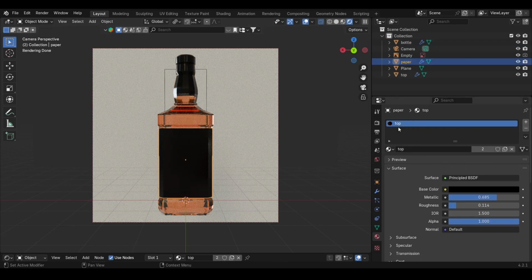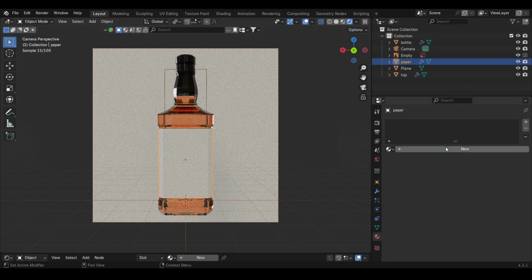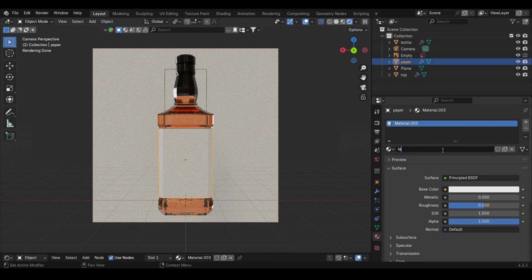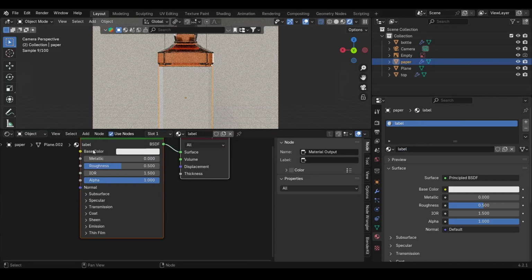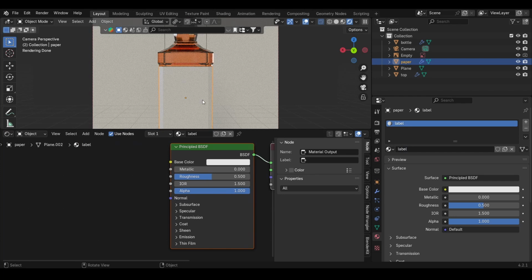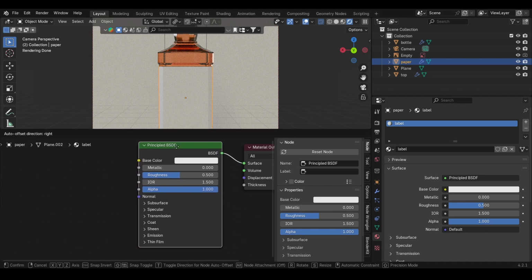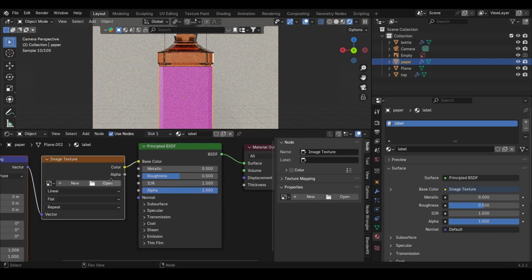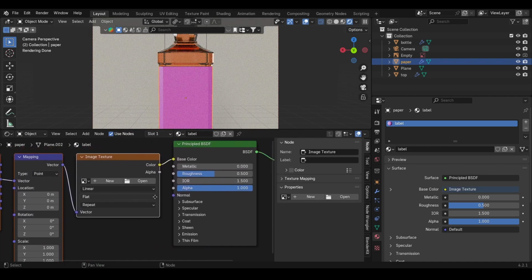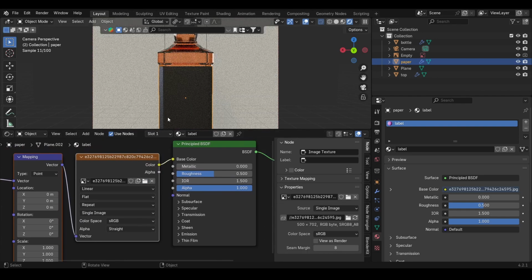So for this material, I will unselect it and create a new material called label. And you of course need to find the label on Google, but you just have to search for Jack Daniels label and you will be able to find that, which is perfect. So in this green little box here, we can press Ctrl T with the help of Node Wrangler again, and then press open and select your